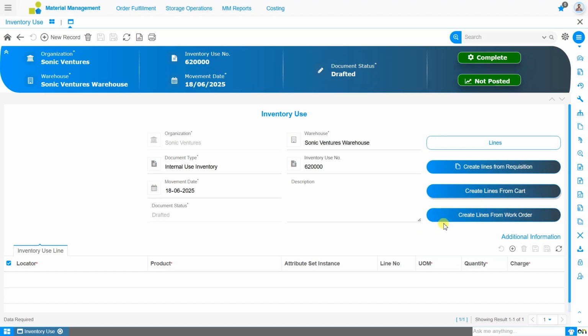We also have the Create line from Work Order button. This process is part of the Service and Maintenance module, known as Field.ai in Onfinity. In this scenario, inventory use is applied to consume products required for scheduled work orders. Since this feature is linked to the service and maintenance process, it will also be understood in its own dedicated session. Since in this case we are creating an independent inventory use, we will now proceed with entering the line